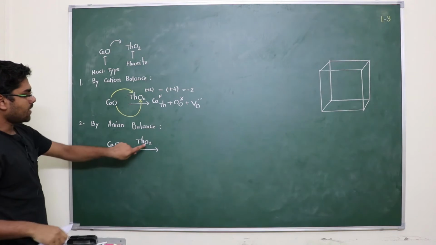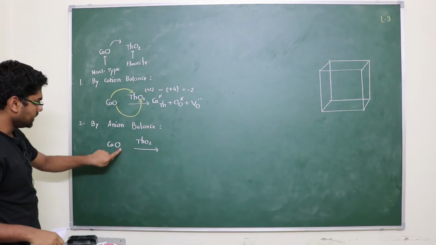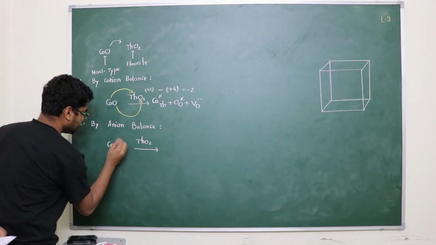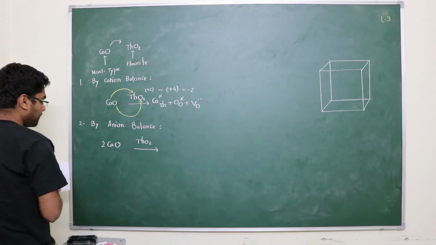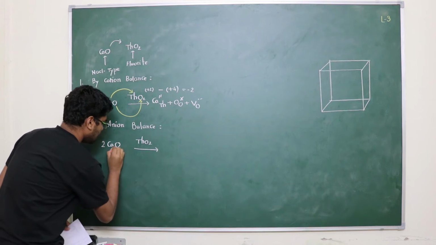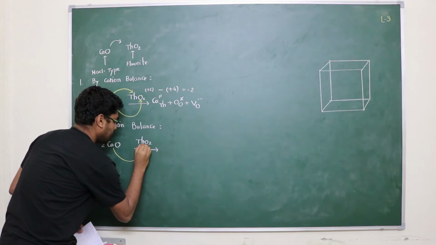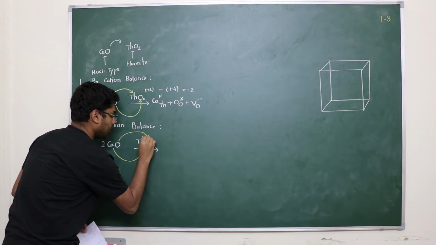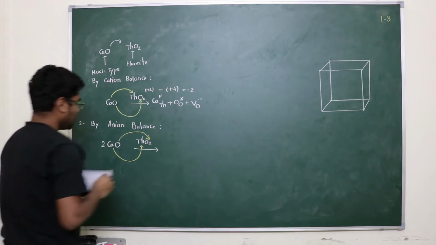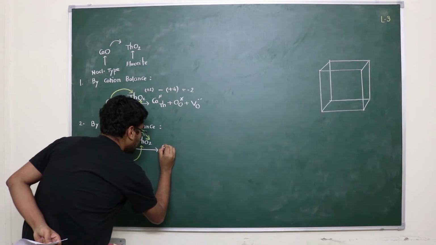Here the number of anion is 2, here is 1, so we have to balance it by 2. Similarly, cation will go to cation side, anion will go to anion side, and the reaction will be